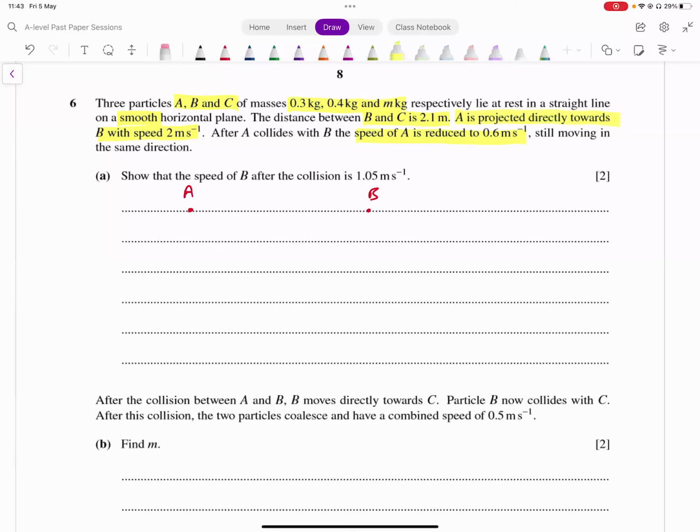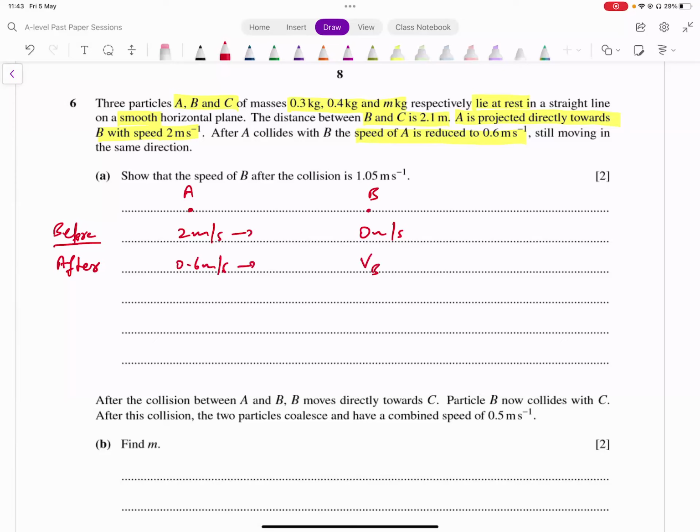This is what is happening. a को आप राइट साइड प्रोजेक्ट कर रहे हो 2 meters per second पे, ठीक है। So early before collision speeds क्या है इनकी, 2 meters per second for a, b की इनिशियली सारे रेस्ट के ऊपर है तो b की इनिशियल स्पीड 0 है। आफ्टर कोलिजन व्हाट हैपेंस इज a की स्पीड इज रिड्यूस्ड टू 0.6, मूविंग इन द सेम डायरेक्शन, अभी भी राइट पे मूव कर रहा है बट नाउ 0.6 meters per second।